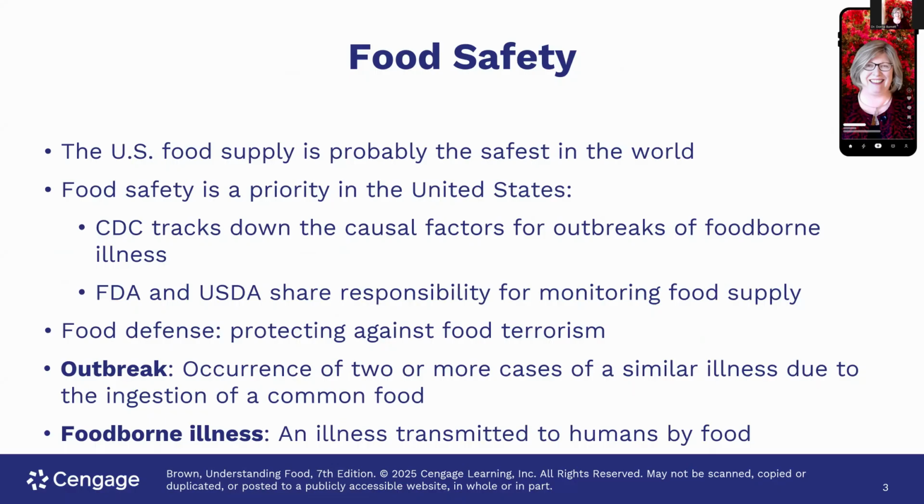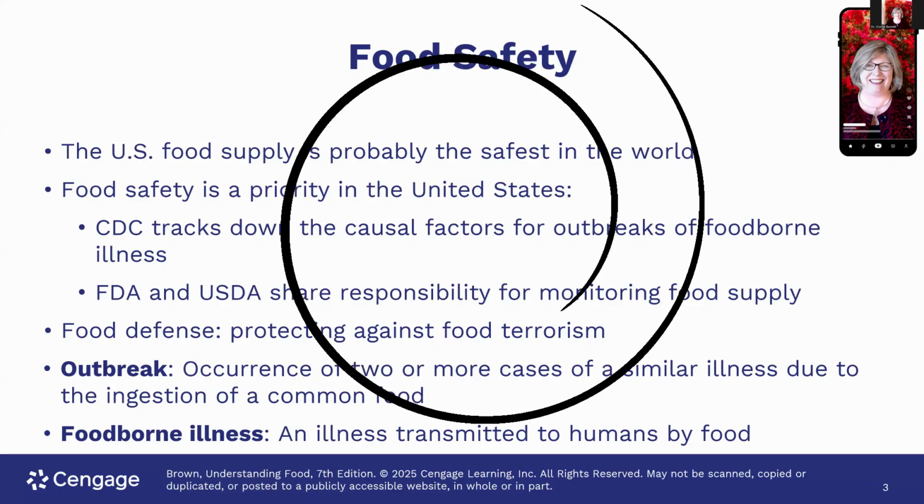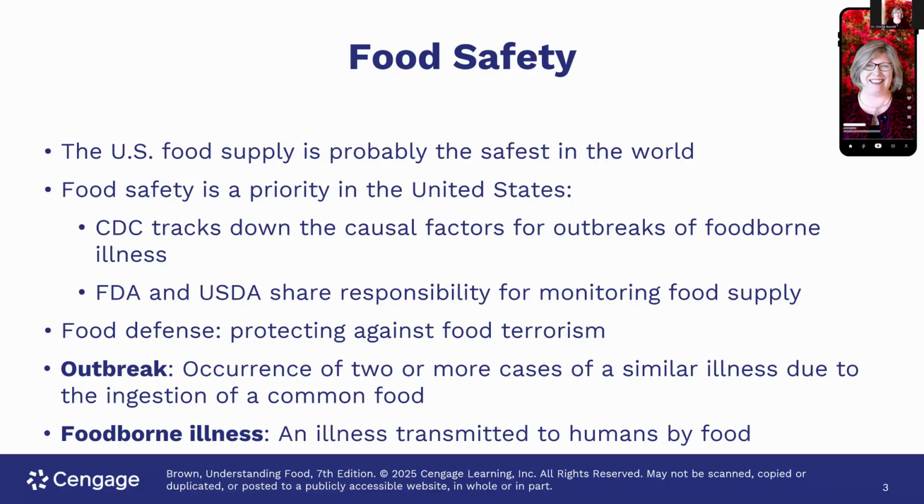The U.S. food supply is probably the safest in the world. This is because the United States has food safety as a priority. The CDC tracks down causal factors for outbreaks of foodborne illness, and the FDA and USDA monitor the food supply. We also have food defense, where we protect against food terrorism. Then there is an outbreak, which is the occurrence of 2 or more cases of a similar illness due to the ingestion of